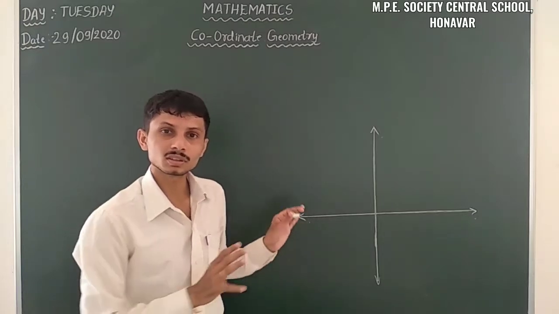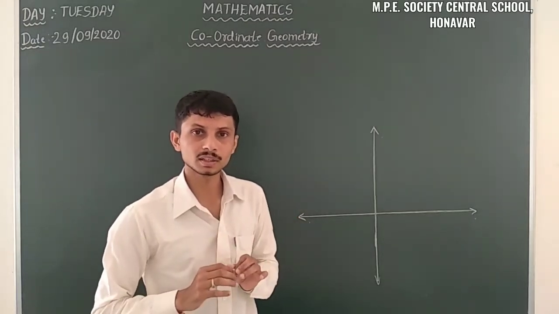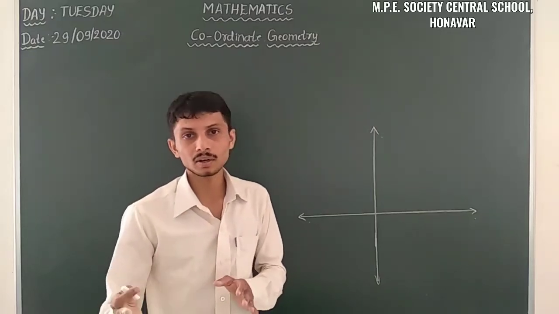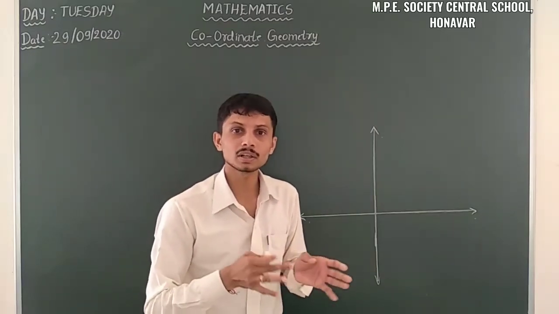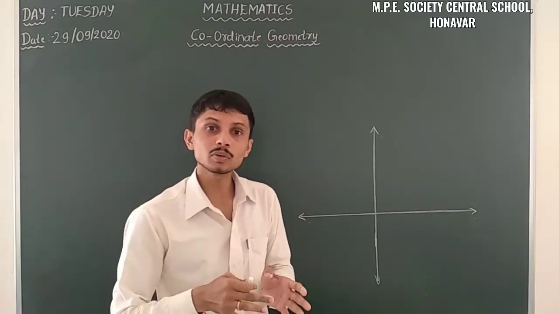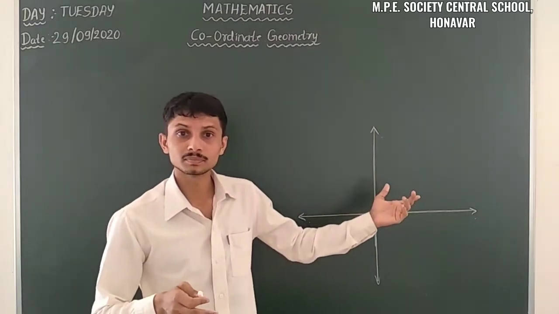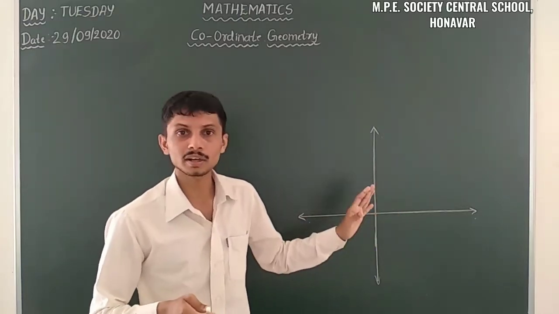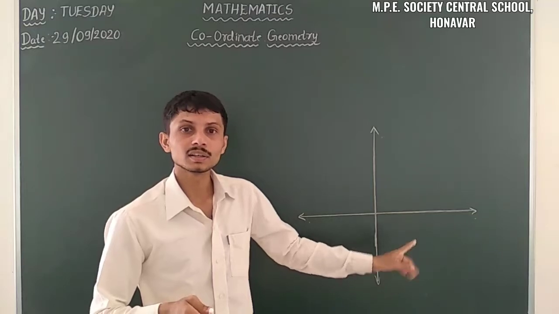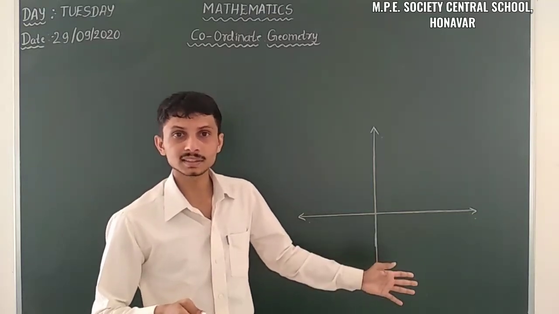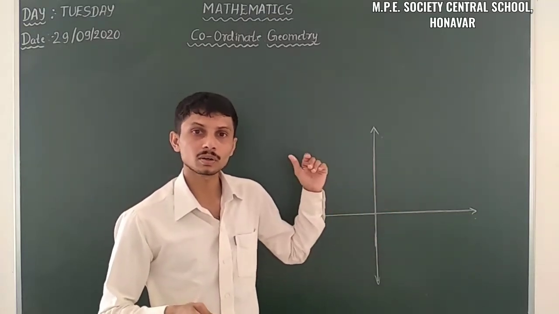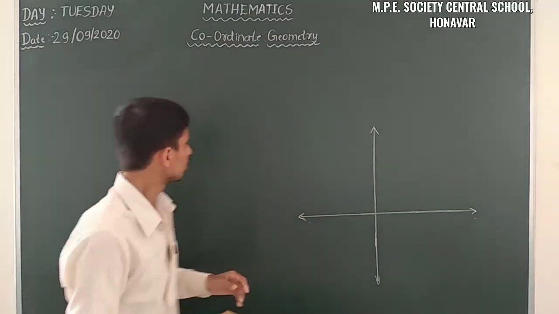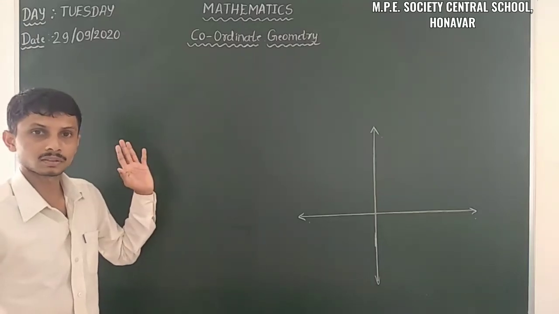So this is about the Cartesian plane and coordinate geometry, and here we have some terminology, firstly abscissa and ordinate. We already know about abscissa: the x coordinate of a point we call the abscissa. We also call it the distance from the y-axis. The point at a distance from the y-axis we call the x coordinate or abscissa, and the point at a distance from the x-axis we call the ordinate, the y coordinate of a point. Those two things are very important to us, so firstly we have to take those things.